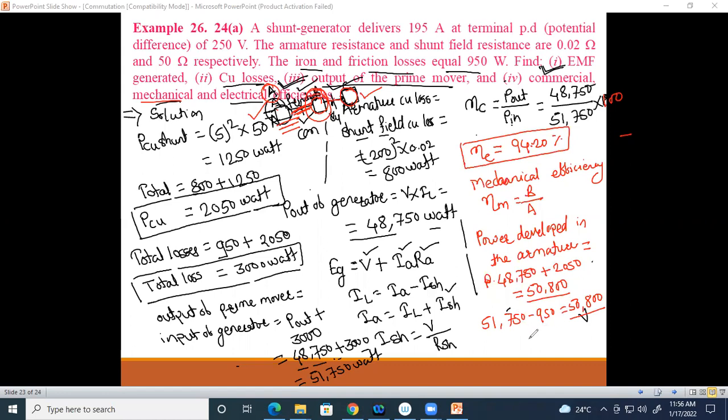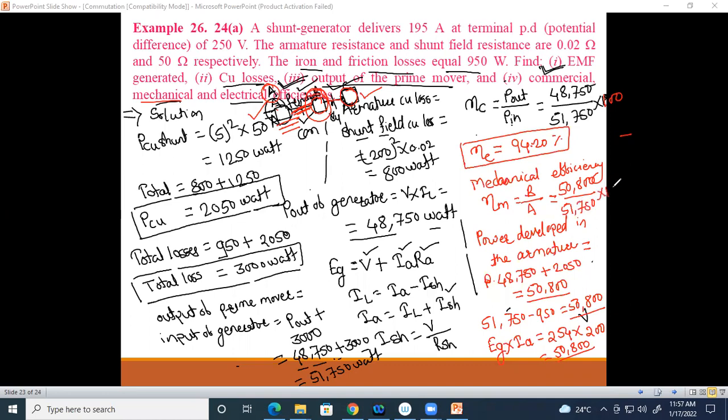Right? Yes, sir. Similarly, another formula for finding this is Eg into Ia. We can calculate with this formula also. So what is the value of Eg? Yes, sir, 254 into Ia, which is 200. So again this power is 50,800. Whichever method you use, the answer will be the same. So to calculate the efficiency, the value of B is 50,800 divided by A, that is the input power of the generator,